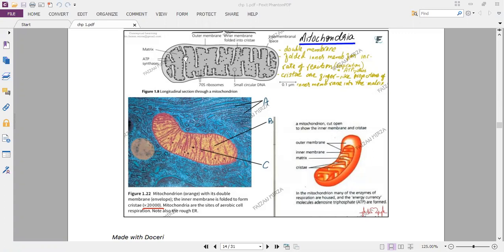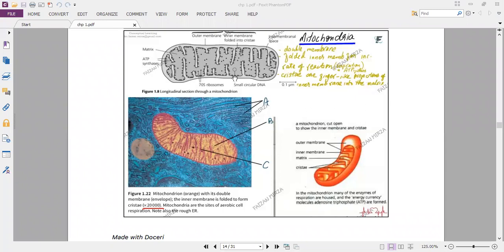Inside the mitochondria, there is a matrix, and this matrix is having a fluid where chemical reactions can occur. It is having 70S ribosomes. You can recall 70S ribosome was the lighter of the ribosomes, the smaller ribosome. It is only present in an animal cell inside the matrix and nowhere else in the animal cell.